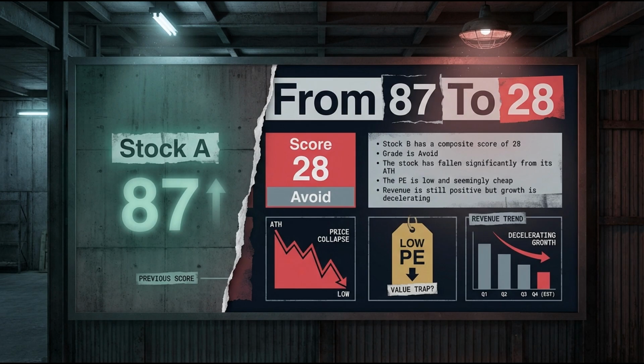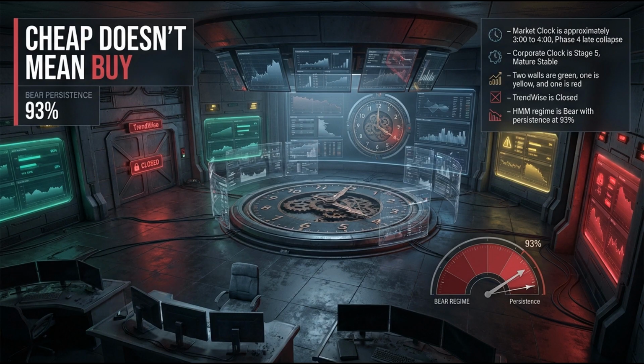The narrative surrounding the company is definitively dead. The fundamental gravity walls are fractured. We see 2 green, 1 yellow, and 1 red. Revenue is structurally decelerating. And the price geometry? The geometric order is 0, categorized as an anchor, meaning price action is flatlining, trapped below a declining 200-day moving average. The secondary indicators are equally hostile on stock B.